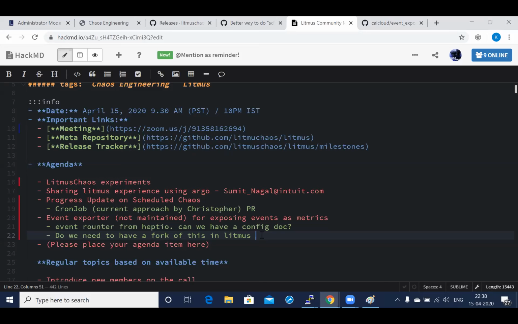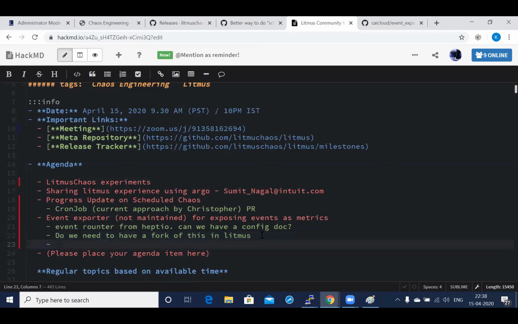Sure, Sumit. So we do have the same use case, and as you've seen, we have added support for a report and the report endpoint via our execution. What that will do is that if you have any endpoint, either Kafka, Grafana, or whichever, you can push an HTTP event.